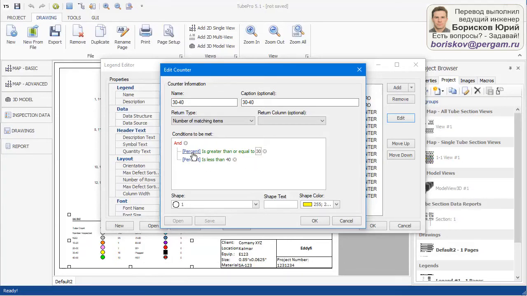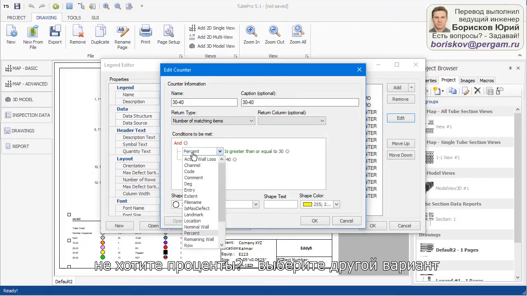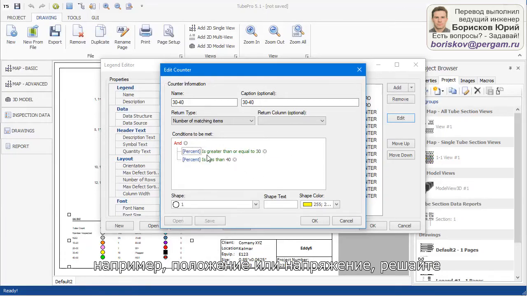If it's not the percent value that you want to evaluate, but another column of information like the position or the voltage, you can decide which field you're looking at and custom design the condition that you want to meet